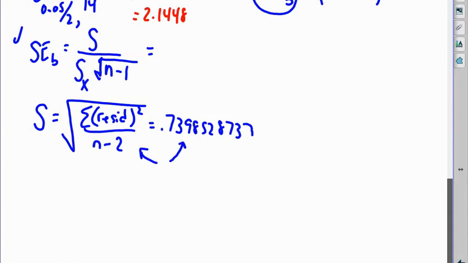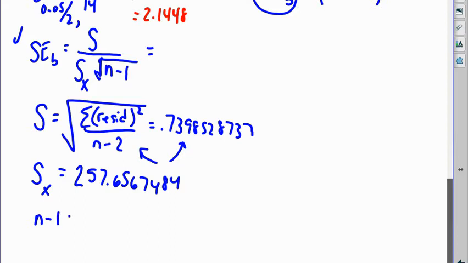If I use my calculator, and I will show you how I get this, what's the standard deviation of x using my 1-var stat, I would have found 257.6567484. And then, of course, n minus 1 would be 16 minus 1, which is 15. So I could put these pieces together,